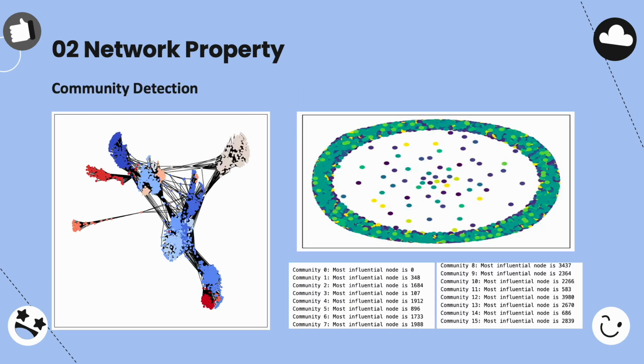To further our understanding of the network structure, we use the Louvain method to detect communities. The first graph directly visualizes the original network G using the spring layout, which considers all edges and nodes for layout purposes. The second graph intends to identify the most influential nodes within each community based on degree centrality. For example, the most influential node for community 0 is 0, and the most influential node for community 1 is